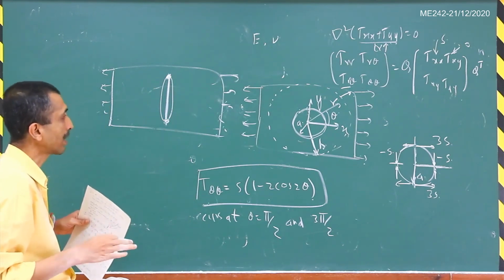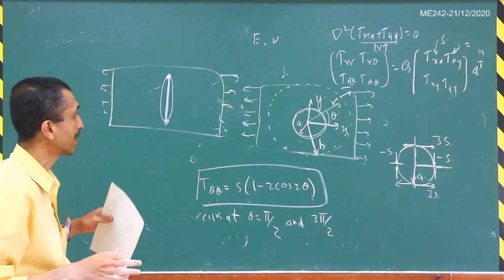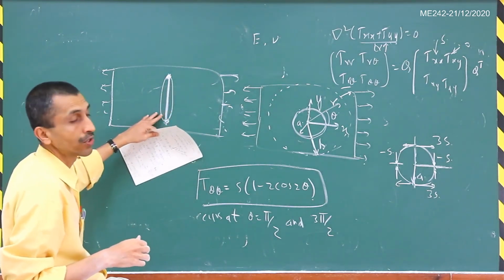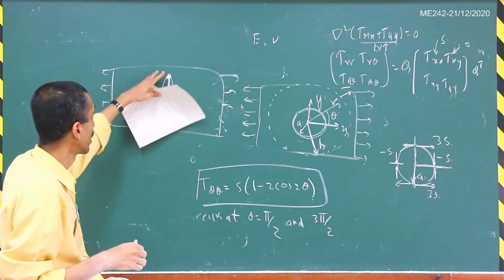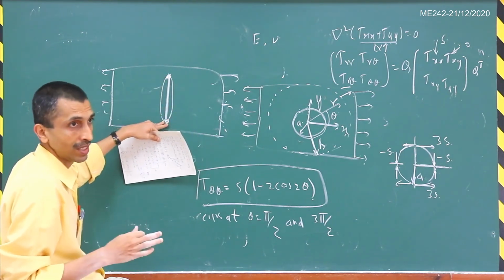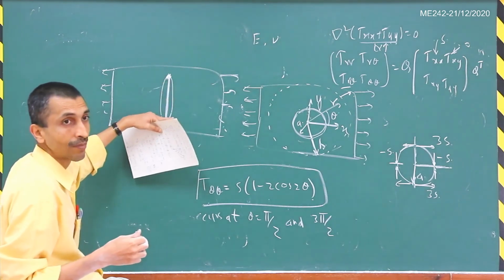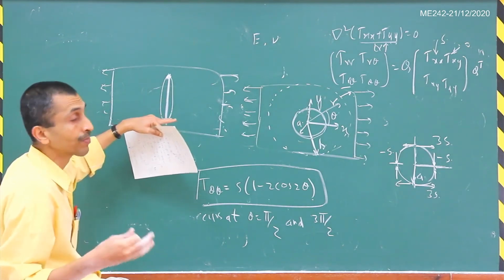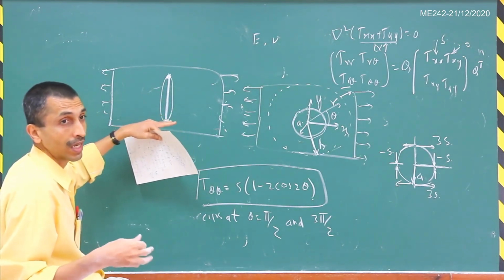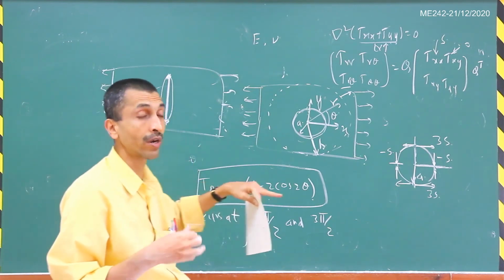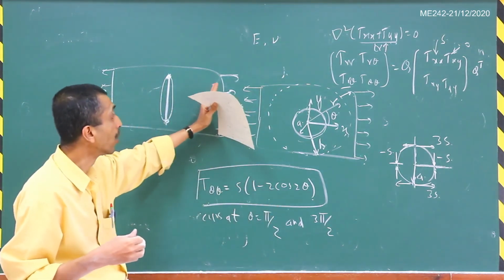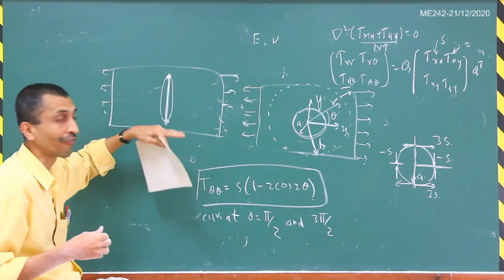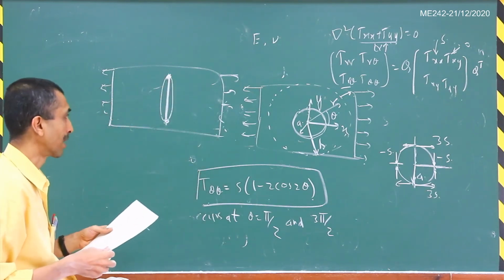So basically the idea here is that the moment you introduce any geometrical discontinuity like holes and things like that, it can introduce very severe stress concentrations. For example, in the ellipse, it depends on the ratio of the major axis to the minor axis. If the ratio is of the order of 10, then your stress concentration can be one order of magnitude larger than the load that you are applying. One has to be very careful about this because the failure can occur at those particular points.